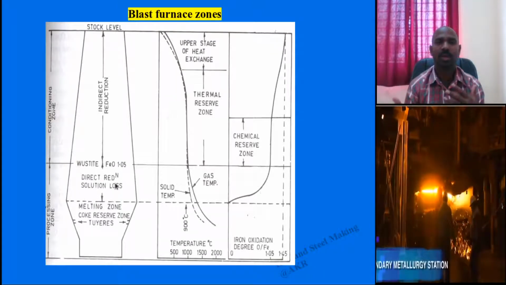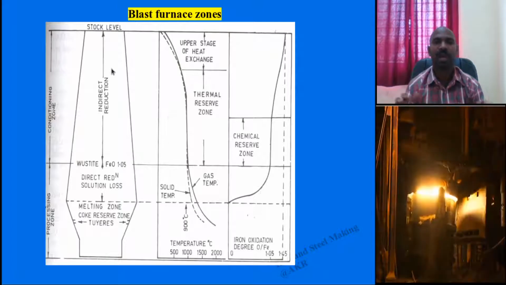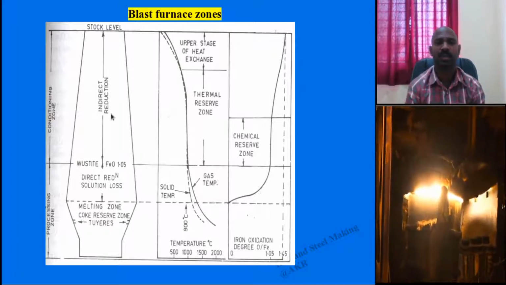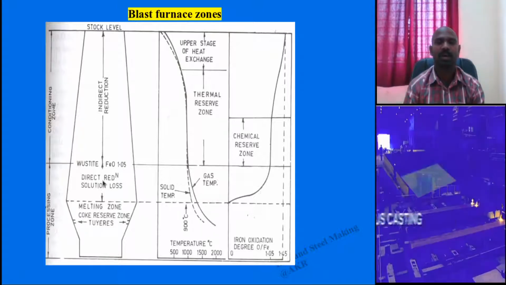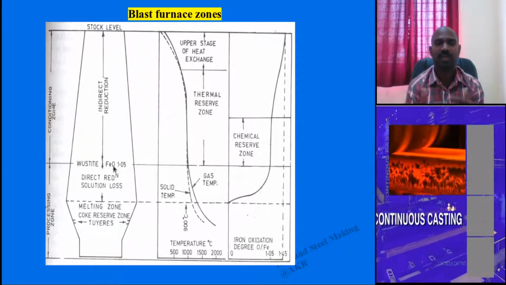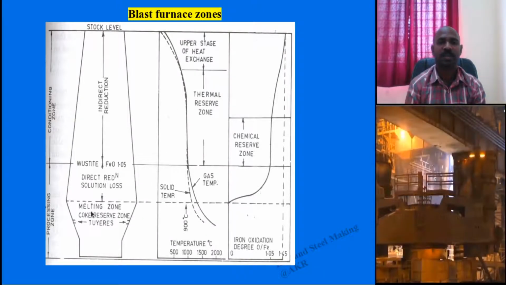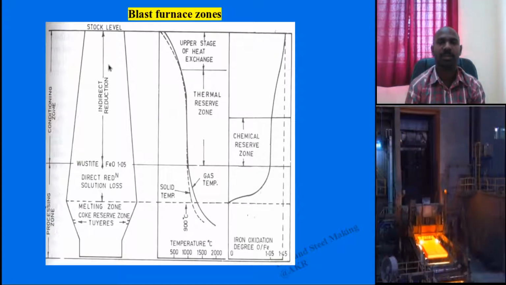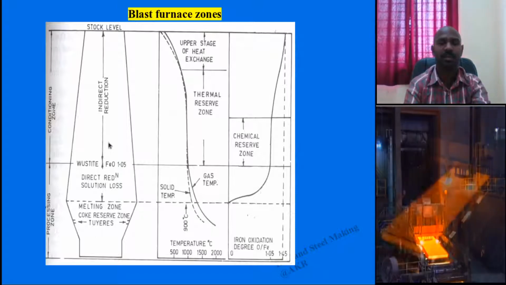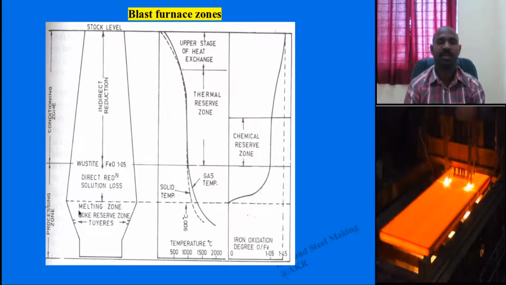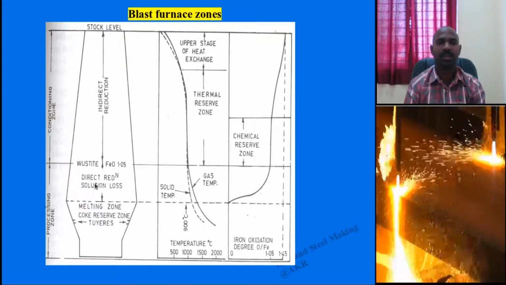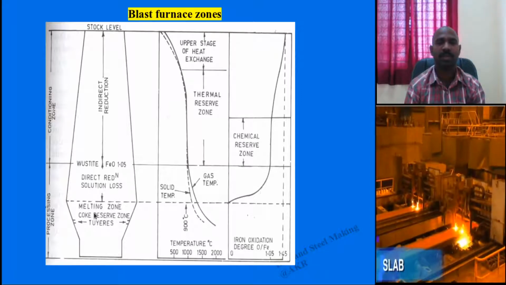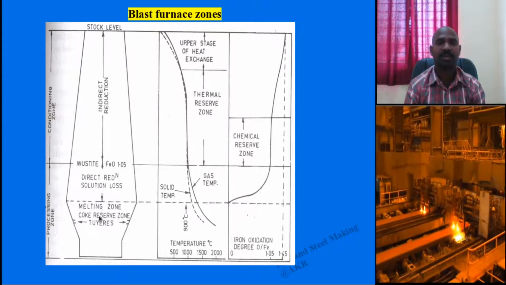This CO ascends into the stack zone, whereas the solid charge comes down. Most of the indirect reduction with CO reactions occur here, with carbon direct reduction occurring in the Bosh zone. Near the tuyeres, you will see melting. Whatever descends slowly after swelling and softening forms melting. Slag formation layer on top of that, and coke reserve.